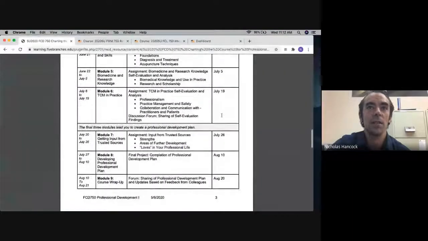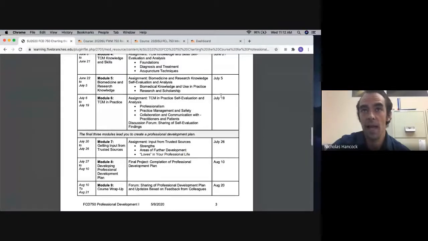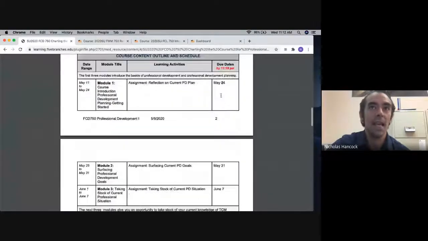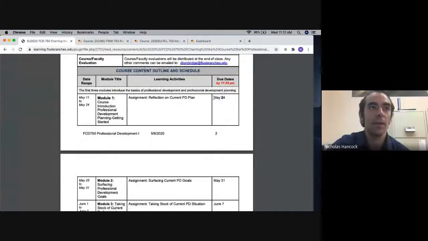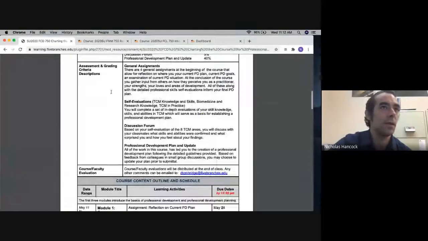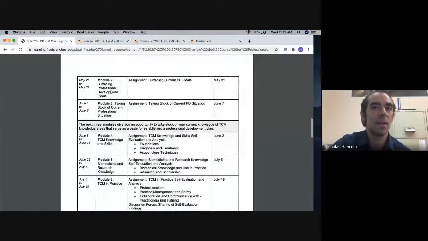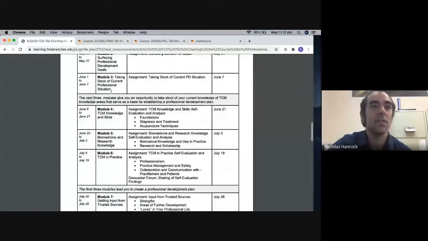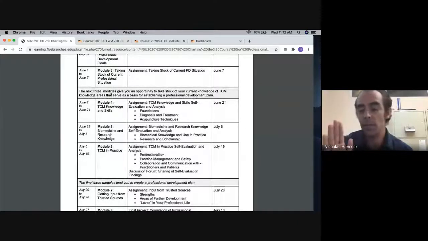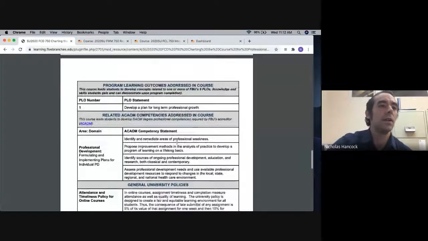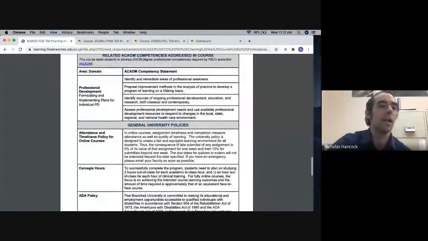You can take a look here and see every single assignment, and it's all been edited for summer, of course. The program began halfway through, I think May 6th was when this one began. But that's another strength of this kind of delivery system: everything can be organized up front, everything can be planned for up front to work around your busy schedules, right? Here is some more explanation of